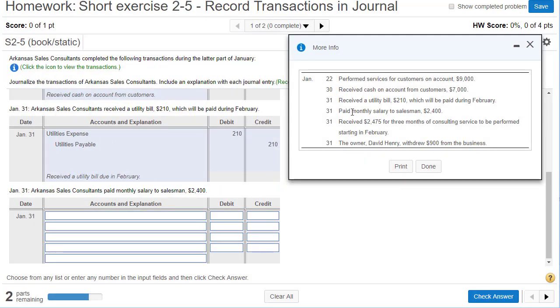Now, if we got the bill and paid it right away, we wouldn't worry with the payable. We wouldn't have to deal with the payable. We would just lower cash with the credit. All right. So now,